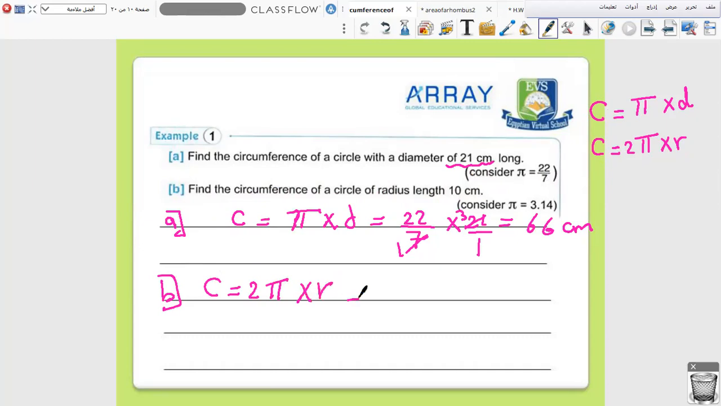r equals, pi is given here, it's 2 multiplied by 3.14, which is pi, times r, which is 10, equals 2 times 3.14, it's 6.28, times 10, move the decimal point once to the right, so it will be 62.8 centimeters. Okay, now